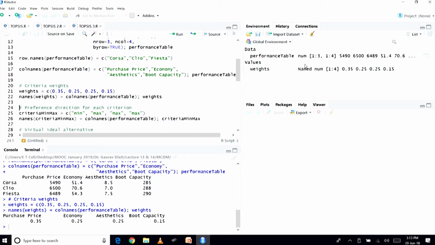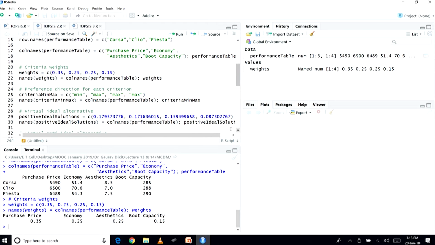Now, another thing is the preference direction for each criterion. Just like other techniques, here also we need to specify this. So, we are going to create a criteria min max variable, and since we have 4 criteria, for each of them we need to specify the direction. The first criterion, as you can see here, is the purchase price. Purchase price is something that we would like to minimize, and therefore in the criteria min max variable, the first value